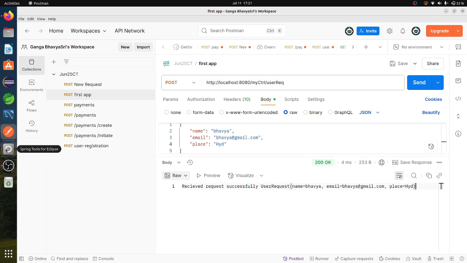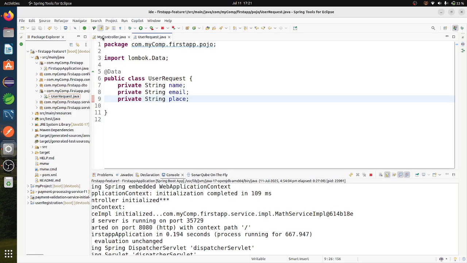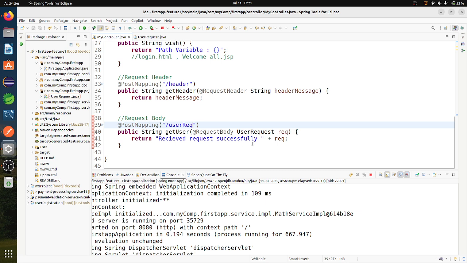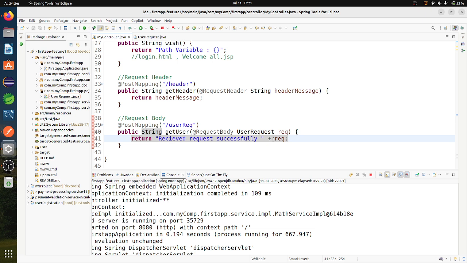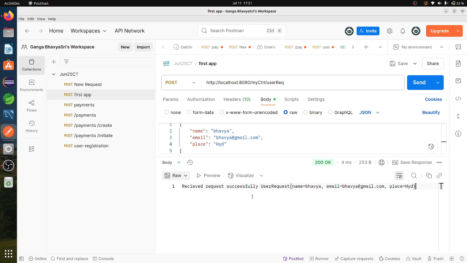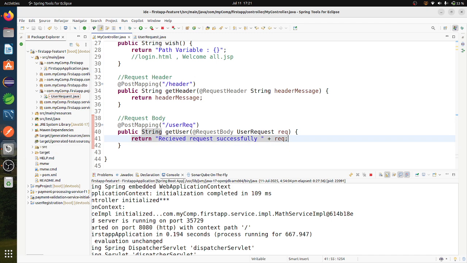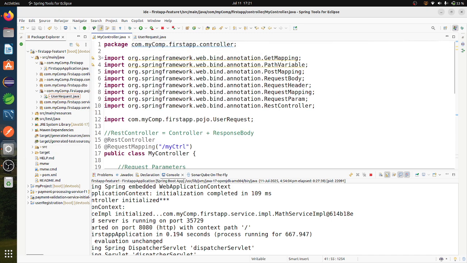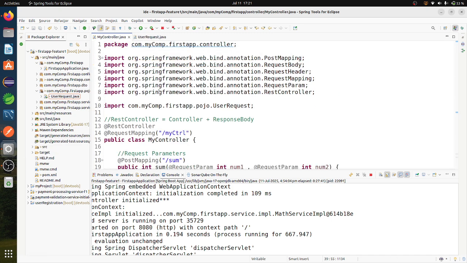So here I am saying that I return the string value and the request also. Whatever request I am passing here, it is taken in JSON format, and it will be converted into string format, and it will return that value here. The toString method will be overridden, and it will give you the values also. So this is about REST standards. So that's it. Thank you.